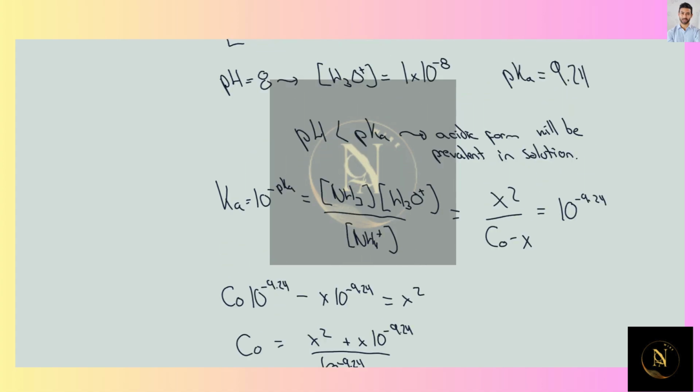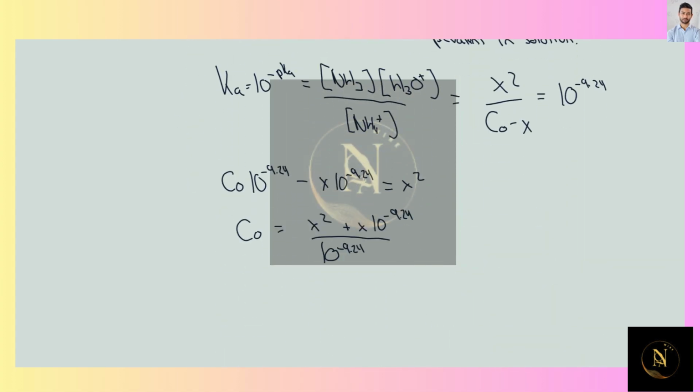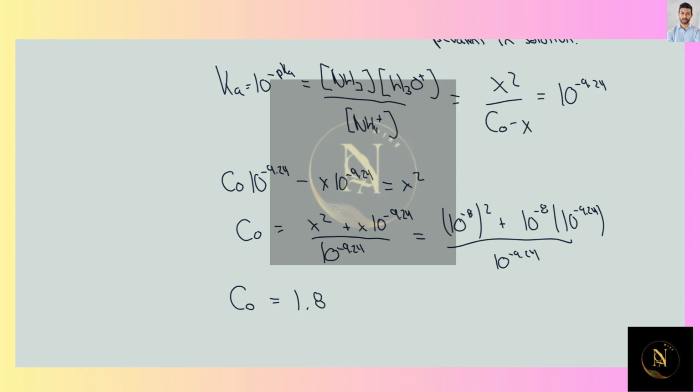We know that the value for x is equal to 10 to the minus 8 according to the pH of the solution. So this is going to be equal to 10 to the minus 8 squared plus 10 to the minus 8 times 10 to the minus 9.24, divided by 10 to the minus 9.24. So this is going to give us a C0 equal to 1.8378